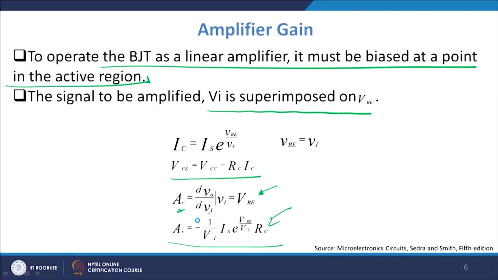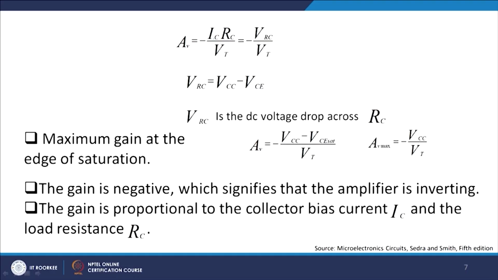Now, this quantity is basically IC. So, I get IC RC by Vt. This is basically the voltage drop across the resistance at the top, this resistance RC. So, this voltage is basically the drop across RC, and that is equal to minus VRC by Vt. Now, VRC is equal to